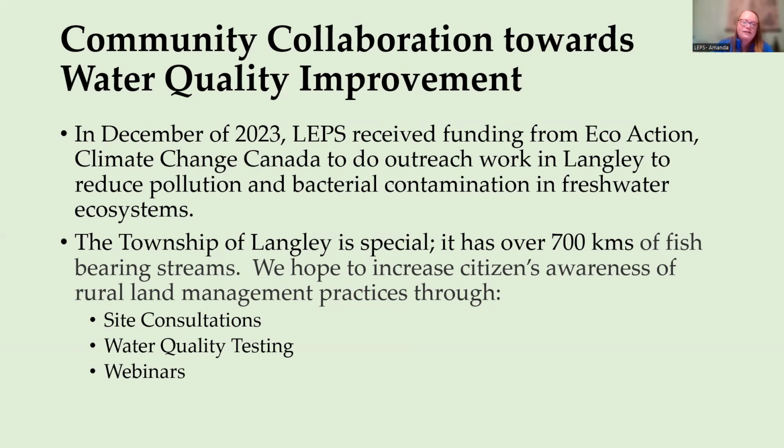We can do that through this grant with site consultations. We will be able to go out onto sites, and these are all confidential site visits. We'll give you tips on various things your property may need. Let's say you have a watercourse flowing through your property, you could be having